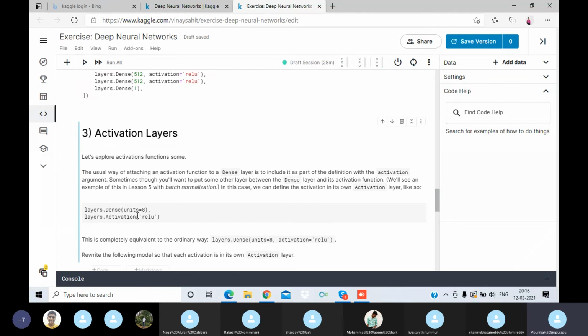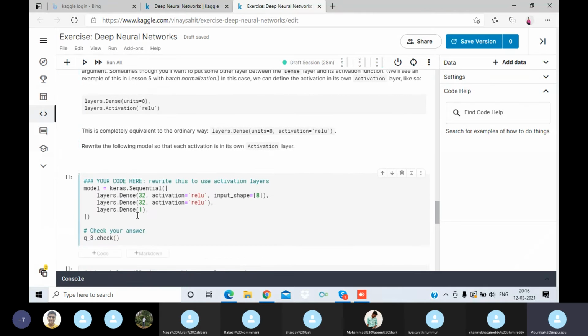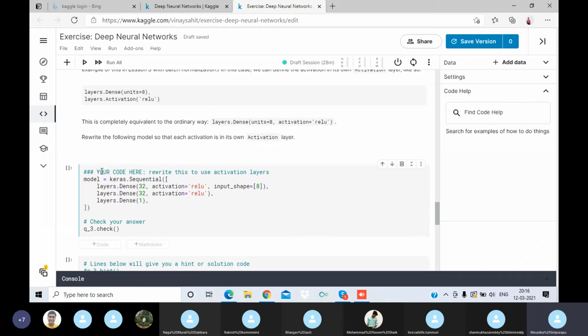Next we will be adding the activation layers. This is completely equivalent to the ordinary way. Rewrite the following model so that each activation is its own activation layer. So we need to rewrite these activation layers.